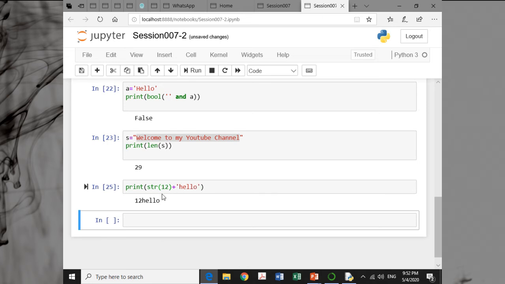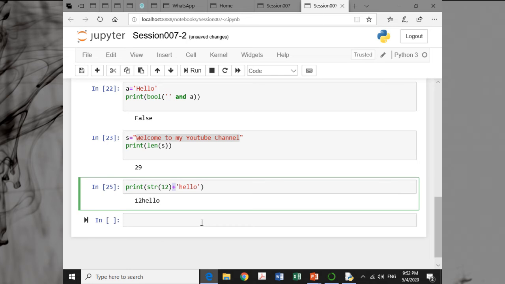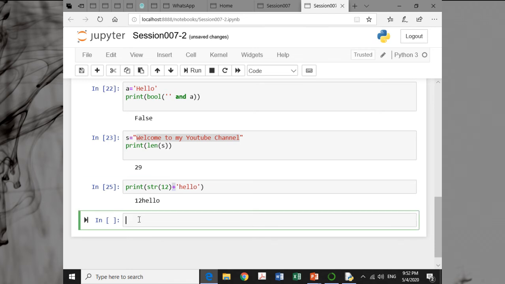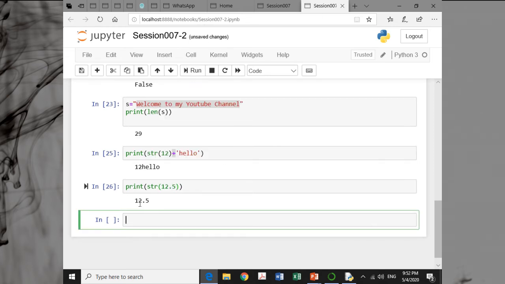Both the strings are concatenated with the help of the plus operator, or concatenation operator. So this is your str function to convert any data type. It is not necessary that we convert only integers. Say I want to convert a float number, I can simply write like this, and this will also be converted to a string.